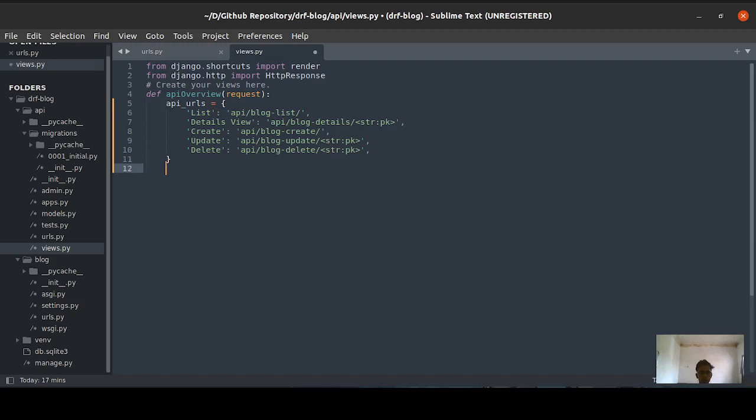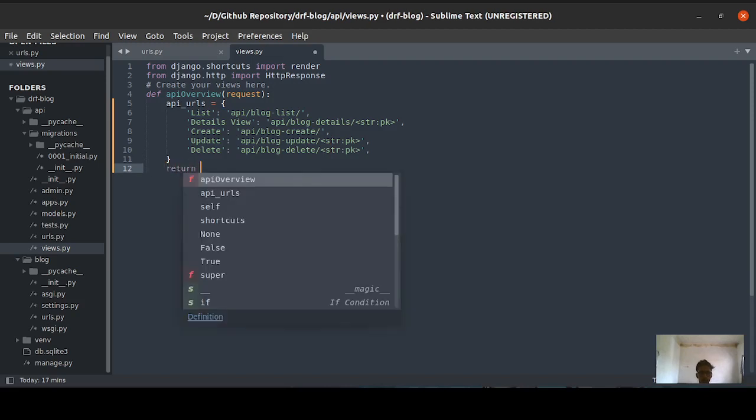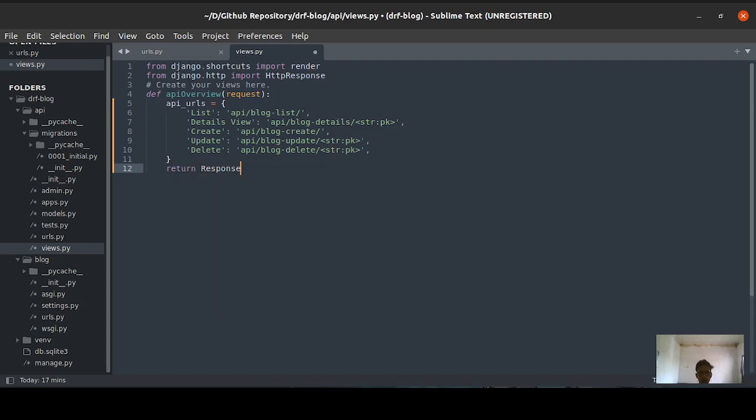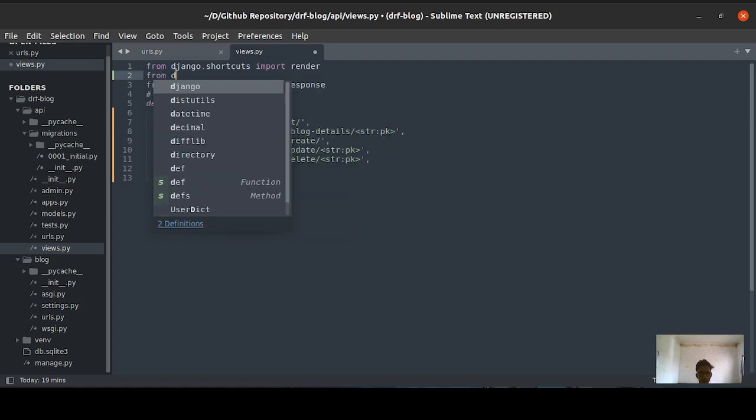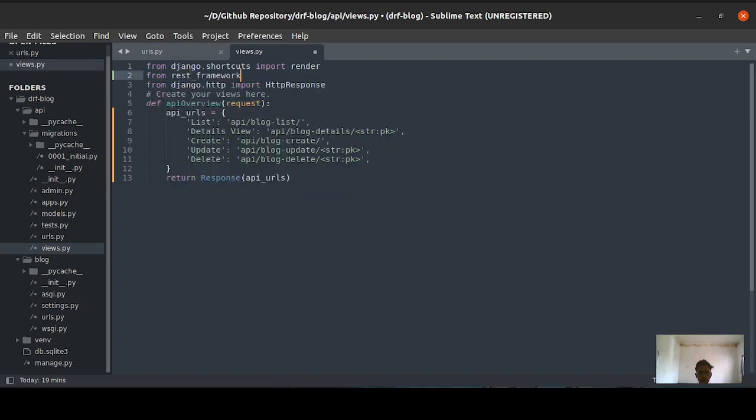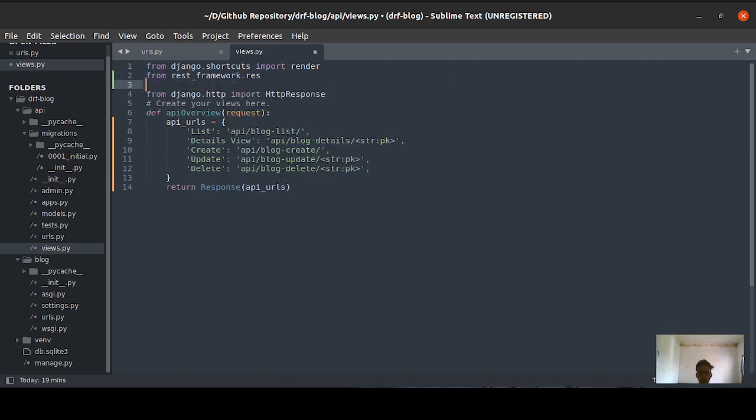Now you need to return some response from here. You need the REST framework response, since the response will be in JSON format. So you will say Response, API URLs. You have included this response from the REST framework, so you need to import it. Let's import this from rest_framework.response